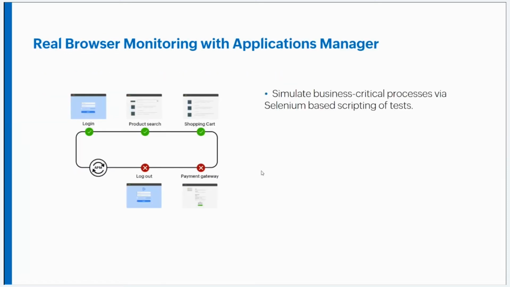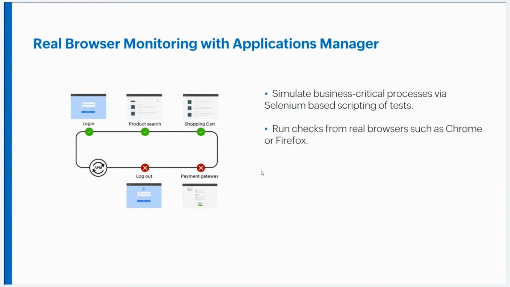Now, let's see how Applications Manager's real browser monitoring facilitates synthetic transaction monitoring. Applications Manager's synthetic transaction monitoring feature opens up an actual browser like Firefox from multiple geographical locations and tracks how the elements in your website load from that location, and more specifically, the way your users view them. So the first step involves a web transaction recorder in which you can record a critical transaction. Every action that you perform while recording, be it hovering, clicking on an element, all of it will be saved in a Selenium-based script file.